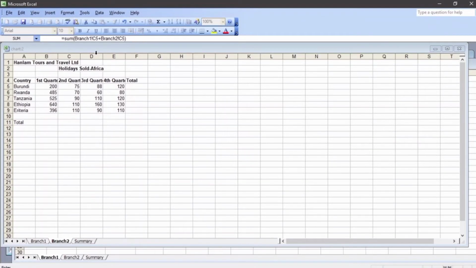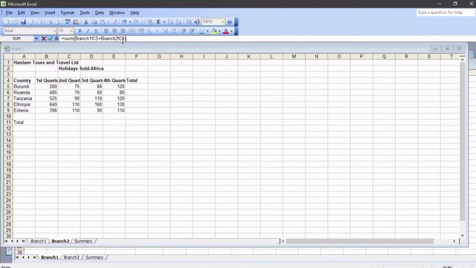So you can see we have equals sum, and then open bracket branch 1, so it is taking this name, and then this exclamation mark 65, so it's the cell reference for that branch 1, and then plus you add the branch 2, which is the name of this branch 2, and then exclamation